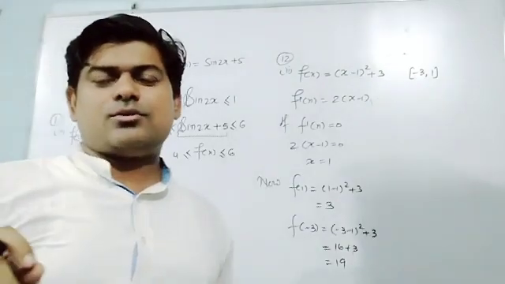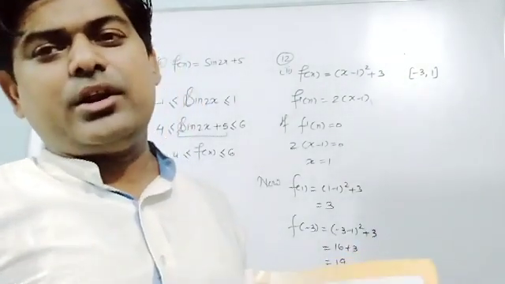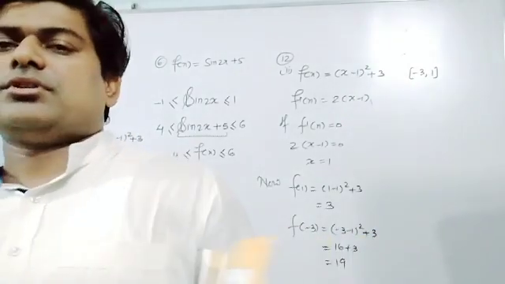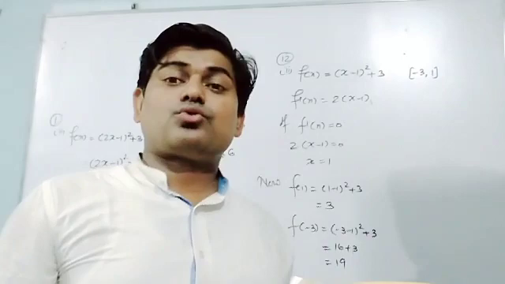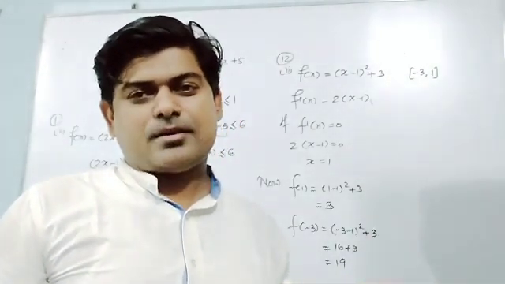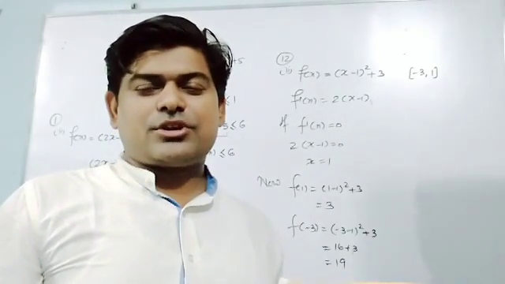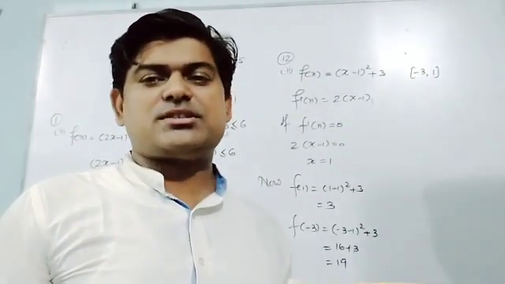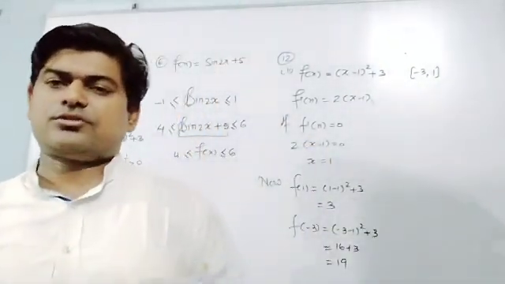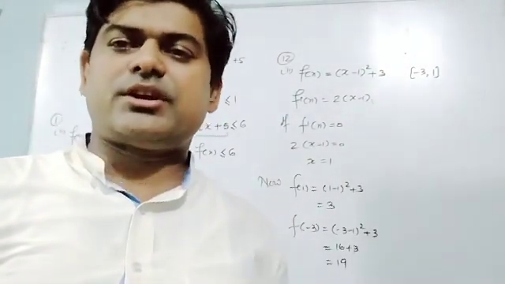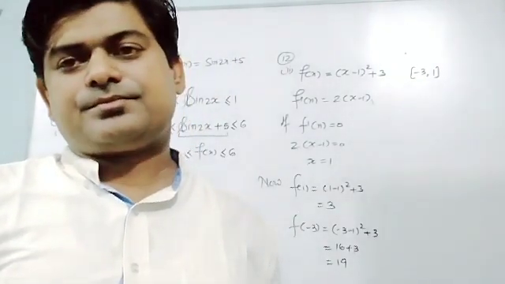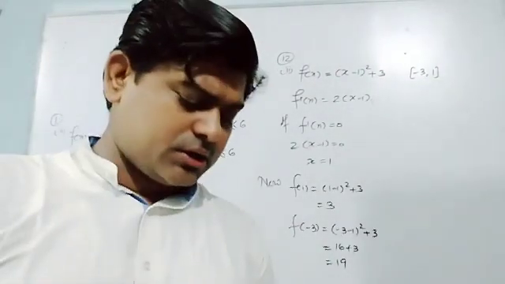One more question can come to your mind, sir. Already you have taken 1 and minus 3, and these values are given in the question. So what is the use of finding f dash x and f dash x equal to 0? I would like to tell you it's not necessary that our turning point, x, will always be 1. Maybe we get a value of x which is between minus 3 and 1. You have to be very careful about that.